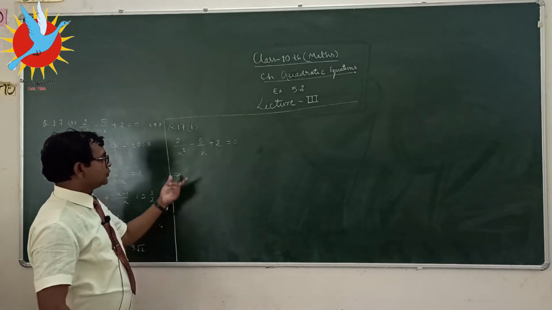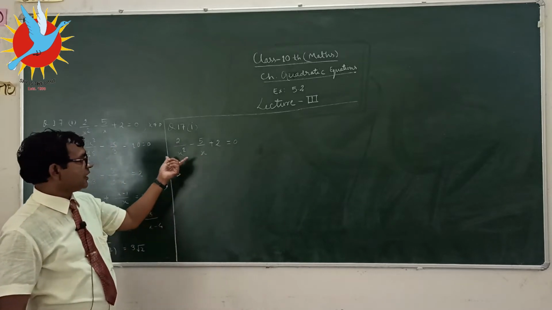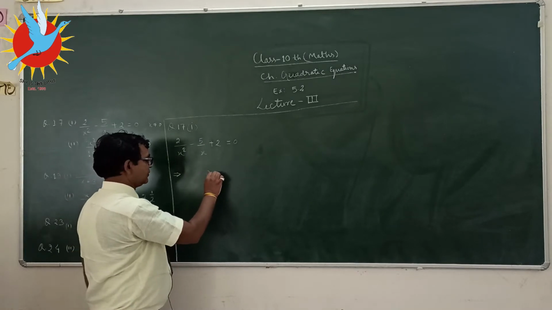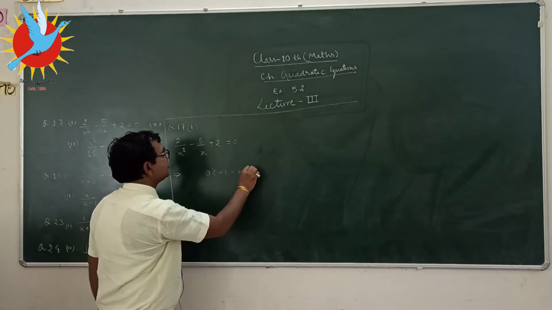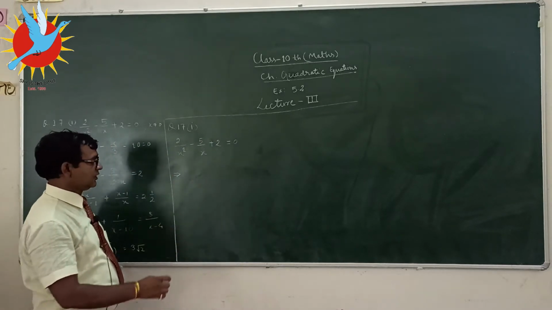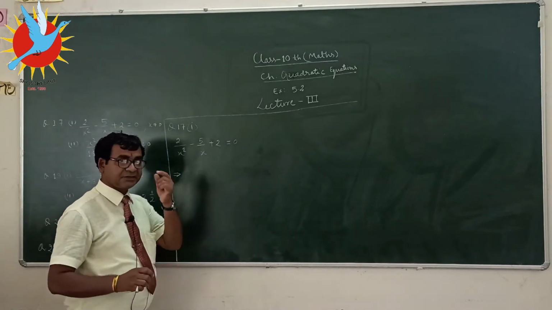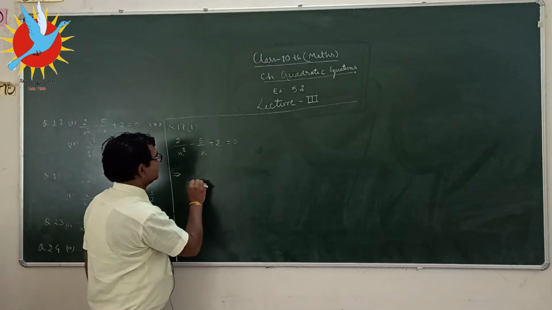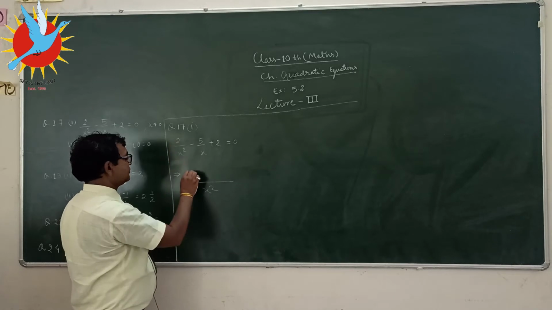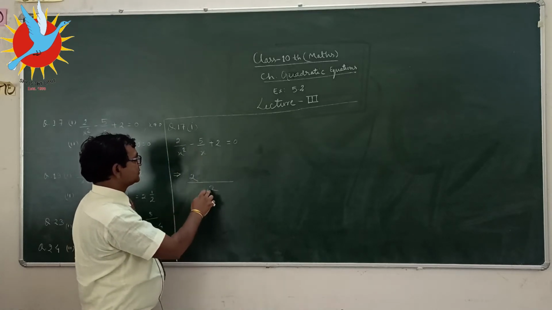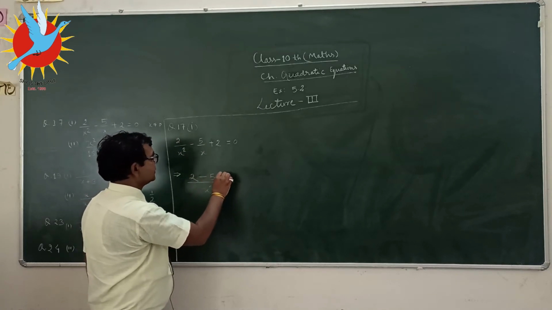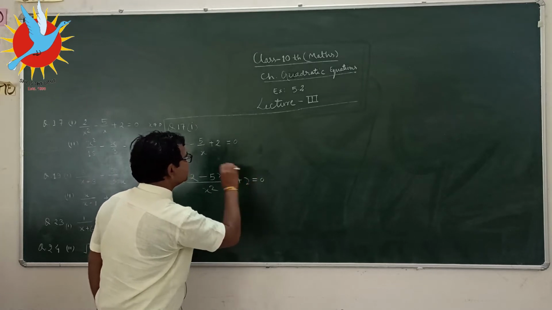Now, to solve this quadratic equation, we have to convert it into standard form ax square plus bx plus c equal to 0. So, first of all, we have to convert it in the form of ax square plus bx plus c equal to 0. Now, x and x square LCM is x square, this will be 2, and if you divide this we have x multiplied to 5, this becomes 5x plus 2 equal to 0.